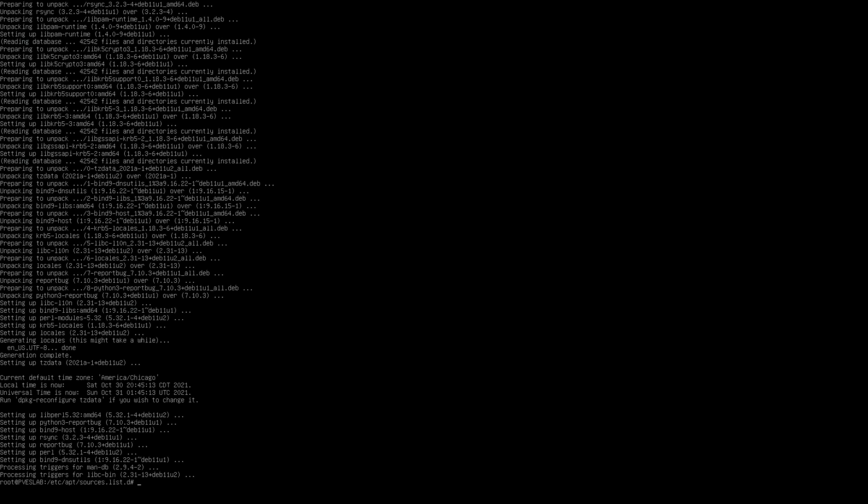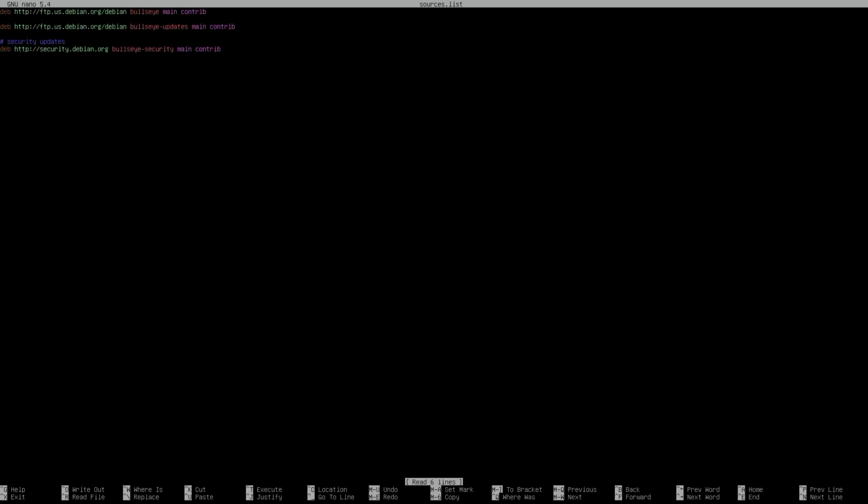Let's go ahead and add the PVE test repo. We'll change our working directory, so cd /etc/apt. We'll go ahead and make a copy of the sources.list file as well. cp sources.list to sources.list.bak. Now we will edit the sources.list by typing in nano sources.list, and then we're going to go down to the